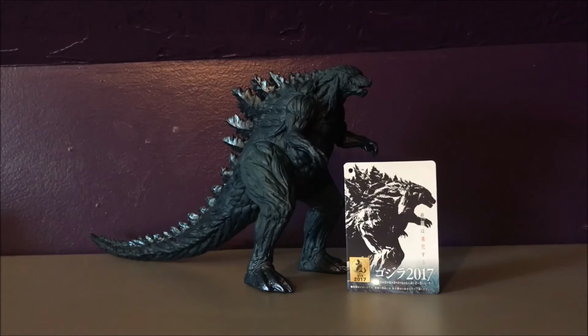So yeah, I definitely say this is a great figure from Movie Monster Series so far. I'm excited for the new, I guess, Atomic Breath, Thermonuclear, or whatever they're calling it. I'm definitely picking that up. If you like Monster Planet, I would definitely recommend picking this up. Or if the Bandai doesn't do it for you, you don't think it looks that good, you can go for the Monster Arts, or if you're very wealthy, you can go for the X Plus,